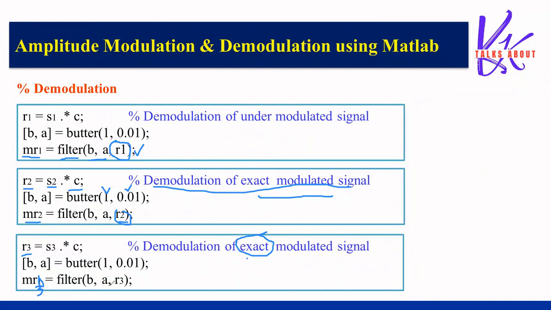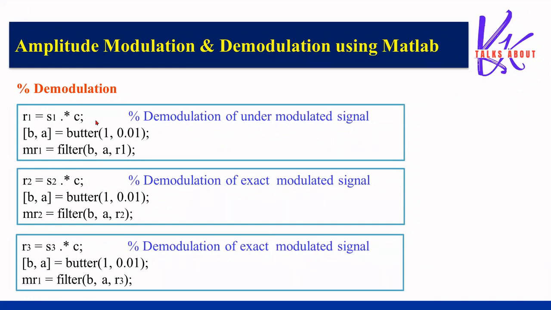So filter B comma A comma R3. So this R3 represents your over modulated signal. Once the process of applying the filter and demodulating the signal is done, then we go for plotting